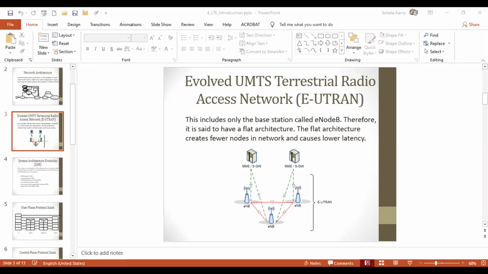Okay, but how do we put them along with other components in the network? Well, we know that the 2G and 3G networks are still coexisting, at least in our country, and so they have some components together with 4G. Well, the term RAN,